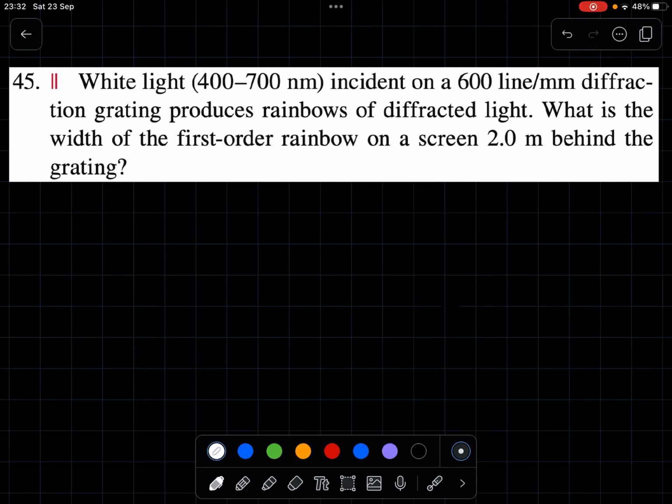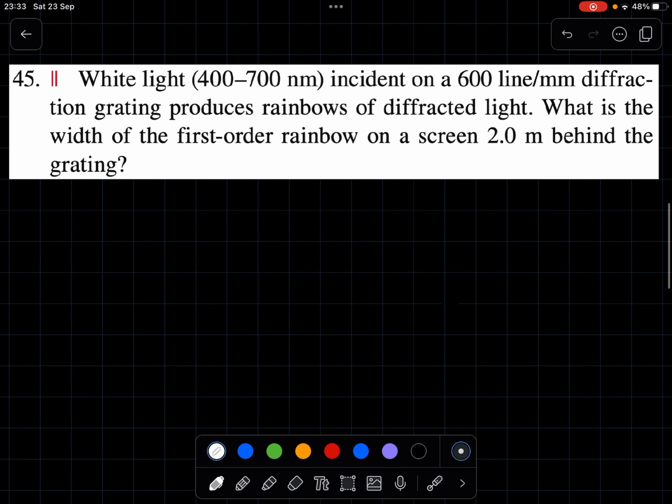Hello guys, let's continue. Let's solve this very interesting problem number 45, and it says that white light incident on a 600 line per millimeter diffraction grating produces rainbows of diffracted light. What is the width of this first order rainbow on a screen 2 meters behind the grating? So let's start